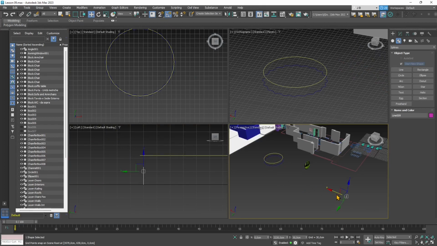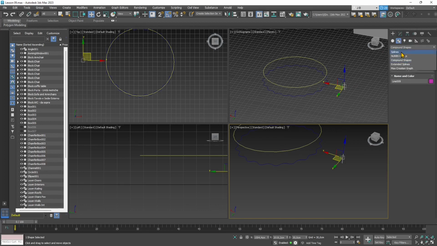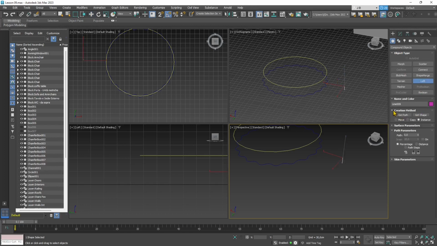So this will be the path that we're gonna use to use these two profiles and create the loft. So I'm gonna go in the compound objects. This is where the loft is found, while the sweep and the lathe will be in the modifier. So I'm gonna click loft, and I will get the path for my loft, which is gonna be